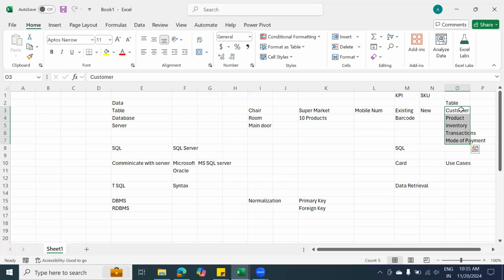So here, we need to know the customer ID. We need to know the product ID, and the same product ID will be used in inventory table. Then here we are creating transaction ID. All these are ID steps. So if you want to complete this transaction really quick, you need to use numbers instead of the text. So here, basically, we are interacting with OLTP. But at the end of the day, if I want to prepare report, I cannot use these IDs. There I use the names. That's what we meant by OLTP.